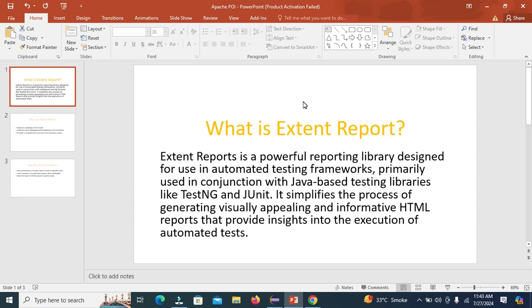Today in this tutorial we will see what is Extent Report and the configuration of Extent Report. Extent Report is a powerful reporting library designed for use with automation testing frameworks, primarily used in conjunction with Java-based testing libraries like TestNG and JUnit. It simplifies the process of generating visually appealing and informative HTML reports that provide insights into the execution of automated